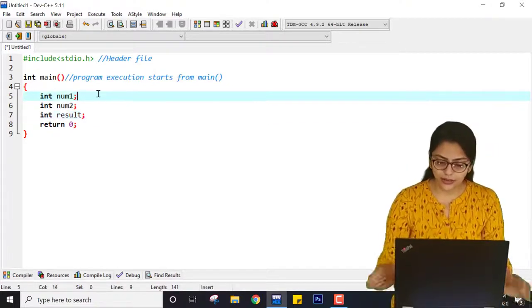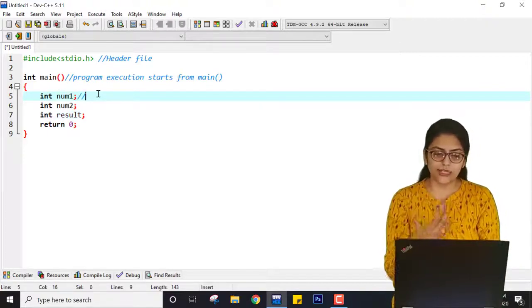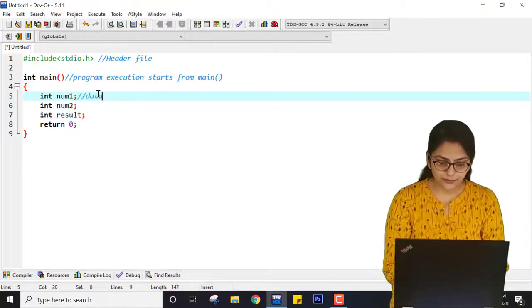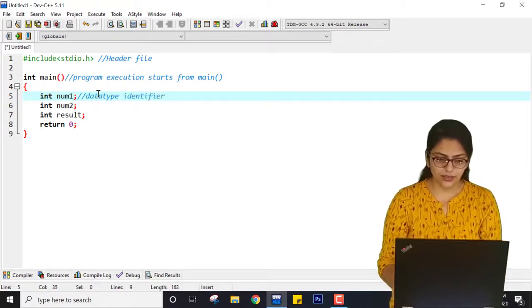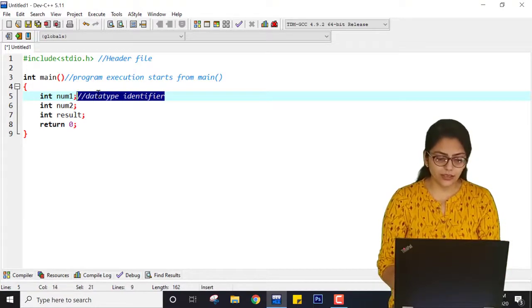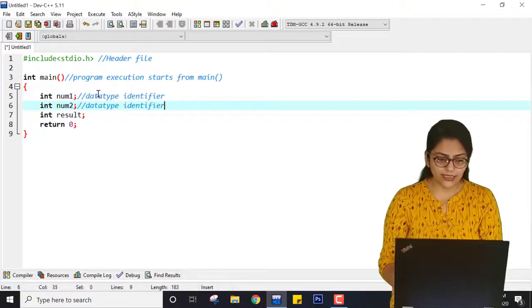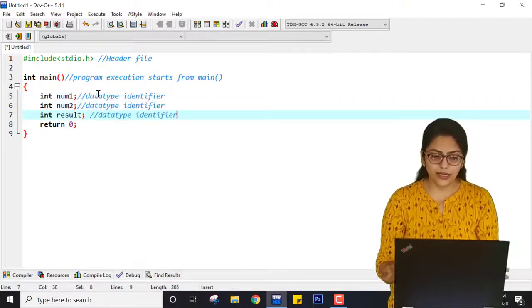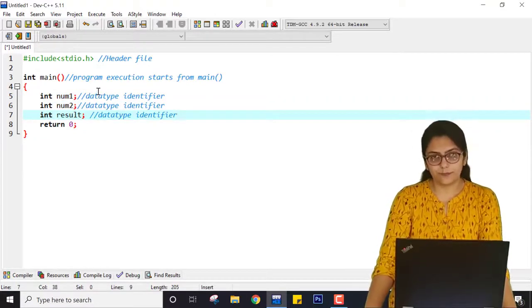So what is the syntax over here? Data type space identifier. Here the identifier is num1, here the identifier is num2, here the identifier is result.